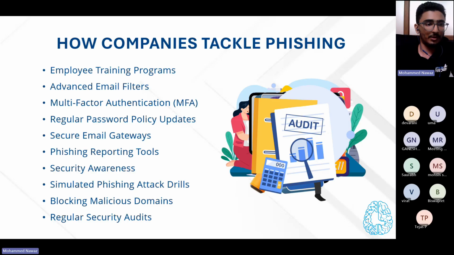Then coming to regular password policies, the password must be updated every time. Even if an attacker gets access to your old credentials, you can prevent these kinds of attacks, because your password may be changed before that. It must be a complex password, with small and capital letters, numbers, and symbolic